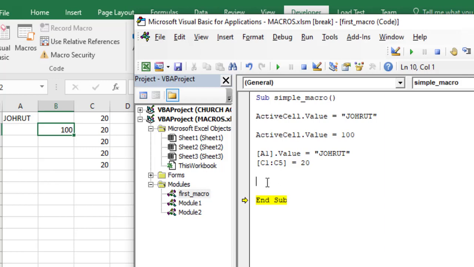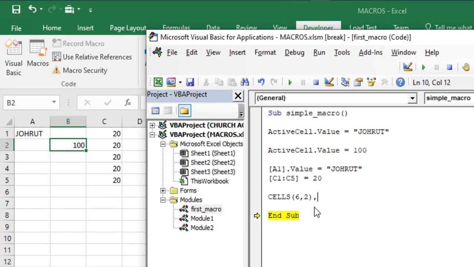So when you come to the code, you type Cells, then you bring your brackets. Then you see that we have the row index and the column index here. The row index, where you want to place yours, let's say at B6, will be 6. Then you bring your comma, then the column index will be 2, because B is on the second column. You close your bracket,